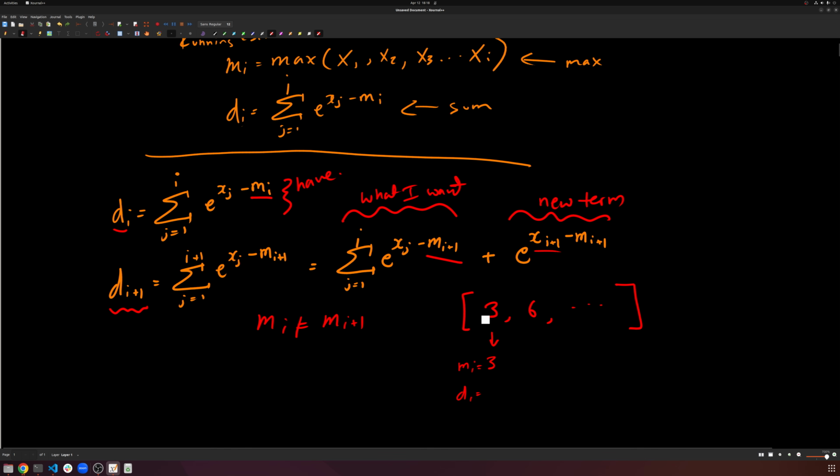And d1, so we'll call this m1, is equal to 3. d1 is going to be equal to e to the power xj, whatever term we're on, minus 3, whatever the max is. That's just going to be 1. It doesn't matter. E to the power 0 is 1. Let's go to the next iteration. m2 is going to be equal to, well, 6 is greater than 3. So my new max, my updated max, as I'm going through step by step, is now 6. That's my updated max. So d2 is equal to e to the power 3 minus 6 plus e to the